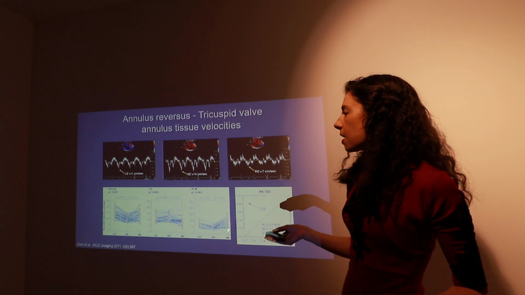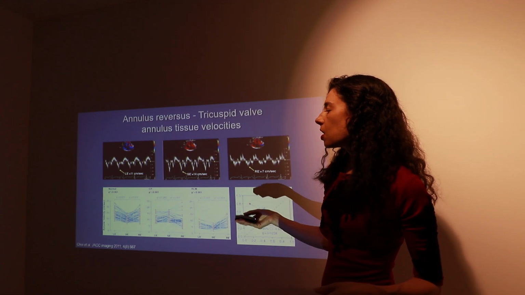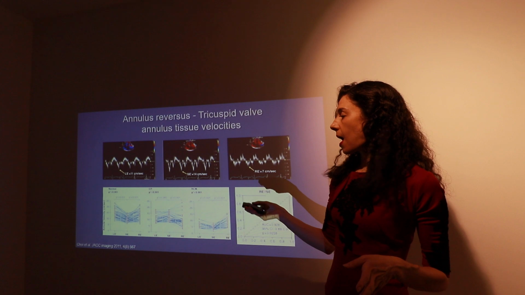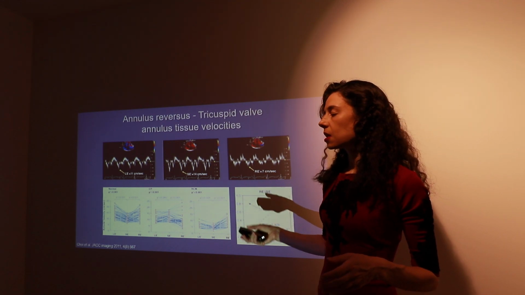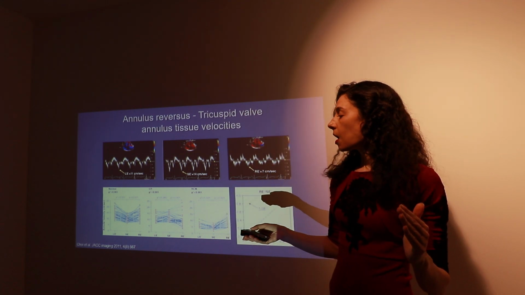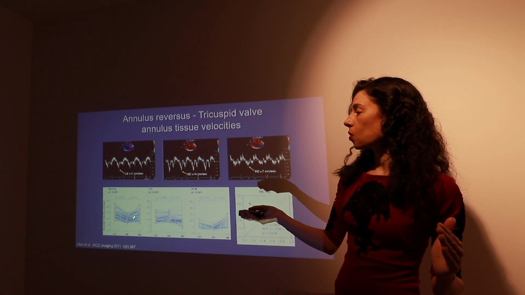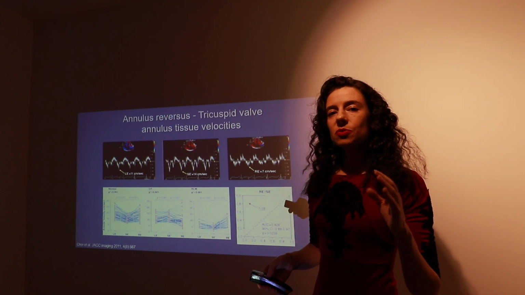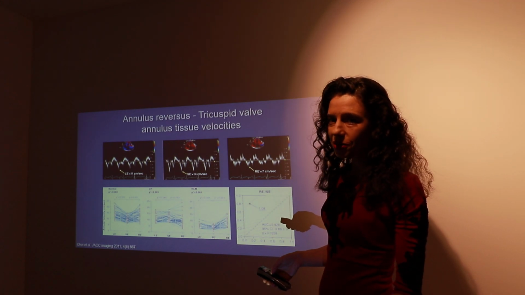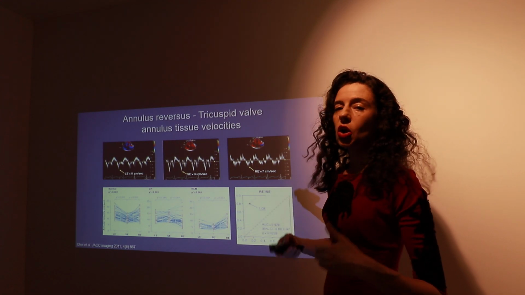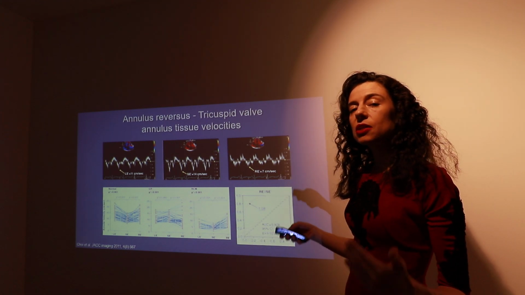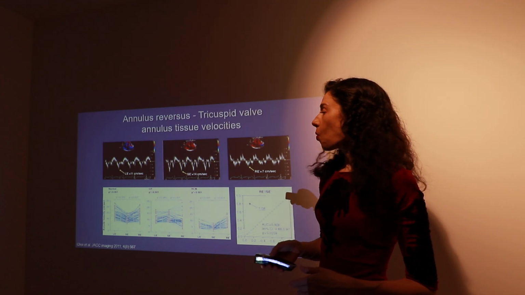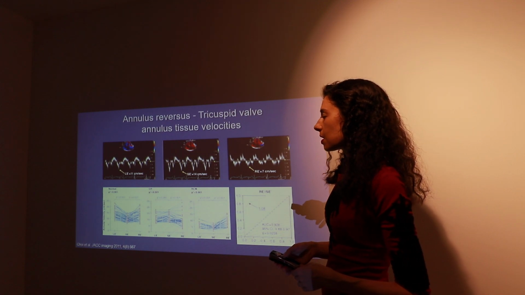Let us see it again. In the normal condition, like here, we have lower E prime velocities in the septum and higher velocities in the lateral parts of the heart, namely the lateral mitral annulus and free wall of the right ventricle. In restrictive cardiomyopathy, which is a myocardial disease, we have a decrease in all tissue velocities, but the ratio between them remains the same. While in constrictive pericarditis,